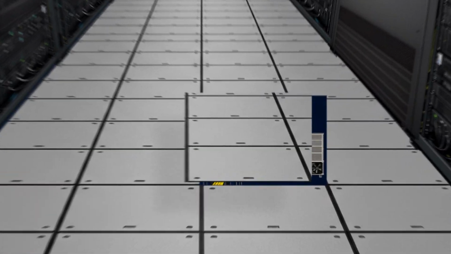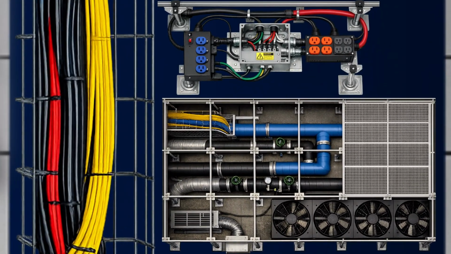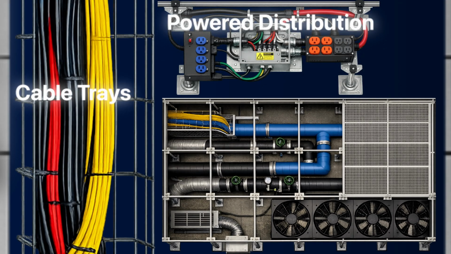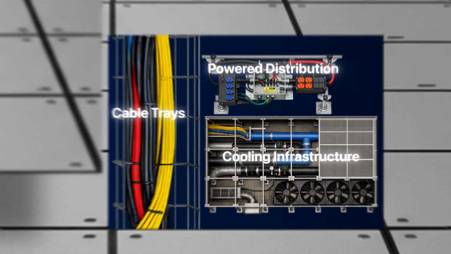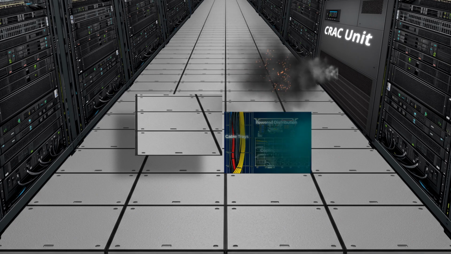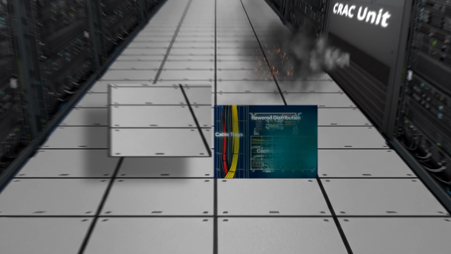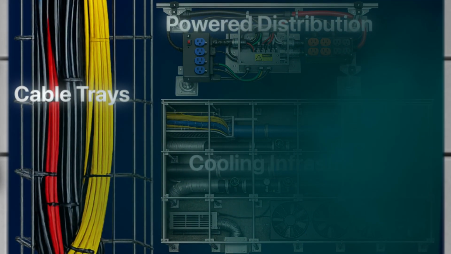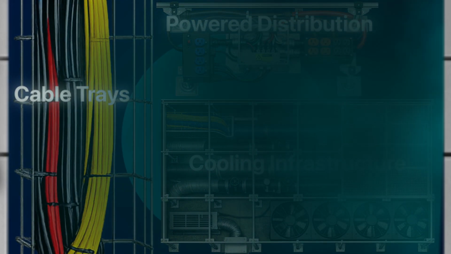Now, water appears in a data center in many different ways, but one of the most common areas is something you wouldn't expect. You see, under a raised data center floor, you have cable trays, power distribution, and cooling infrastructure all running through the same space. CRAC units pull heat out of the room and push cold air down through that same floor. Those units have condensate lines, refrigerant connections, and chilled water fittings. Any of these can develop a slow drip that pools under the tiles quietly while the rest of the facility